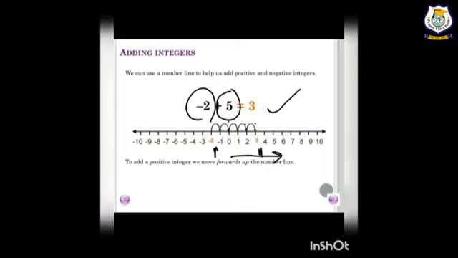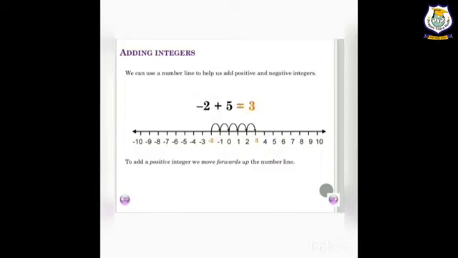+5 -2, if there are two opposite signs, then what we will do, we are doing the subtraction. So 5 minus 2 we will subtract, we are getting 3, and 5 is the greater number, then the sign is also with the positive number. So here we will do addition by two methods, by our general method and with the number line. Now I am taking another example.